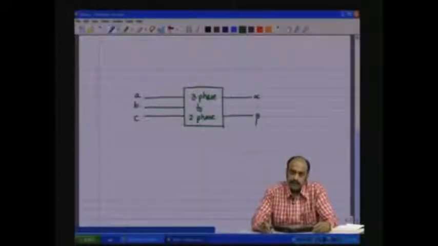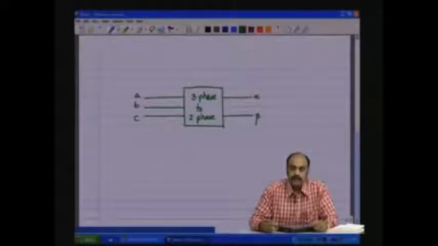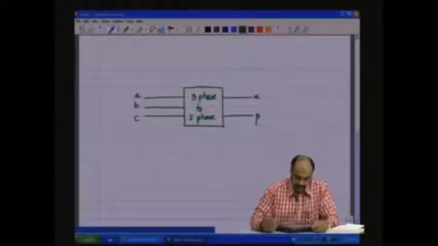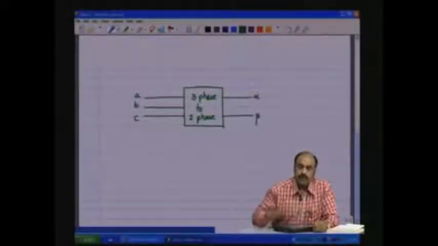A single phase motor can be designed such that you do not need that capacitor, because some of the single phase motors need the capacitor to produce a rotating field, which we will discuss much later. The 2 windings of the 2 phase transformer can be used for such an application of rotating a single phase motor. There may also be few other applications where the 3 phase to 2 phase conversion can be used, and that